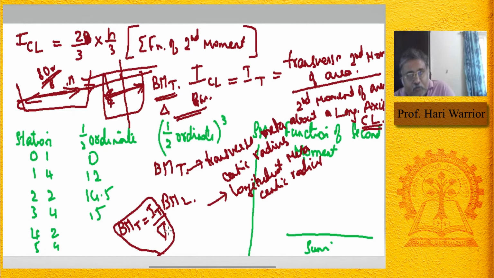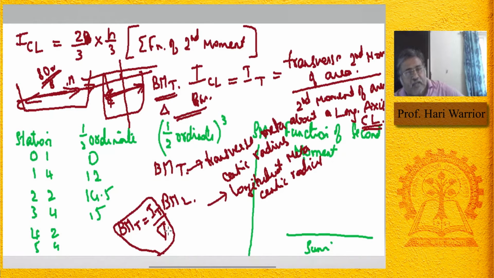And you have just found IT. You have found IT by using this method. You added the 30 meter power 4 and you got the total IT about this center line. You got the total transverse metacentric second moment of area, the second moment of area about the center line or the longitudinal axis. That is BMT. From that you got IT, and del is the total volume. Total volume is the volume we found out in the first part of the problem. You found out the total volume and then you found out KB.